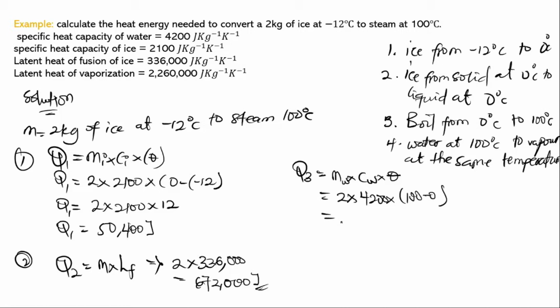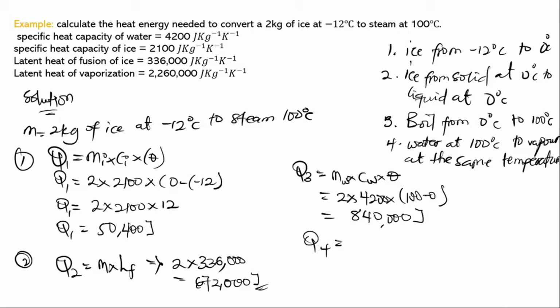So if we do the multiplication over here, we are going to get 840,000 joules as our energy required for this particular third step. So let's look at our fourth energy involved in this particular example. The fourth one is that we are converting water at 100 degrees Celsius to vapor at the same temperature. So we are converting from liquid to the vapor state, and that is latent heat